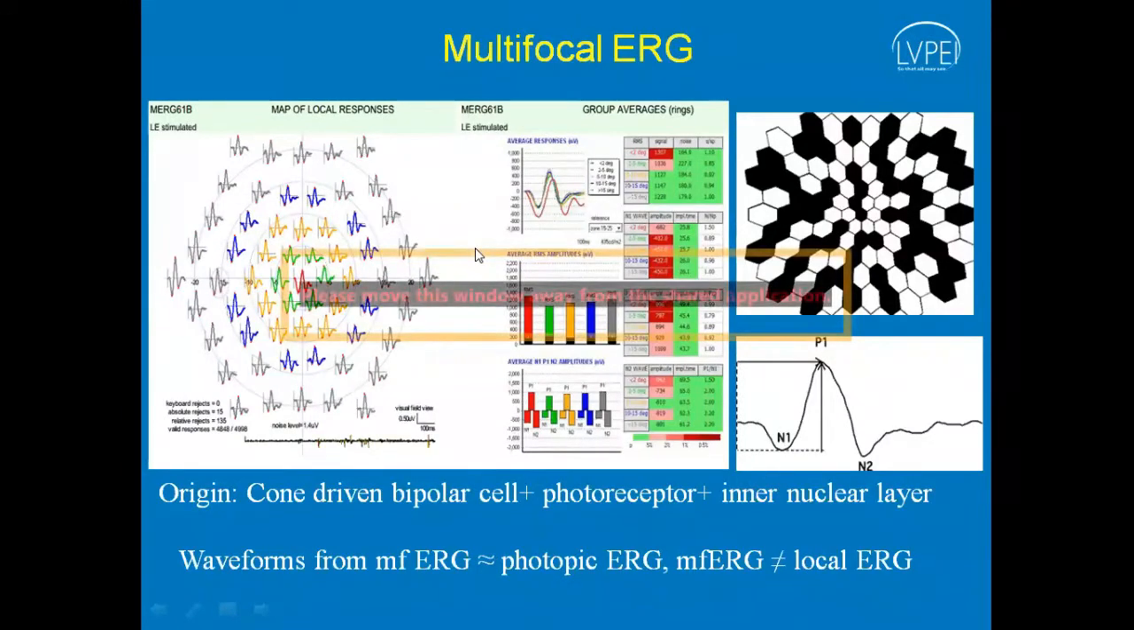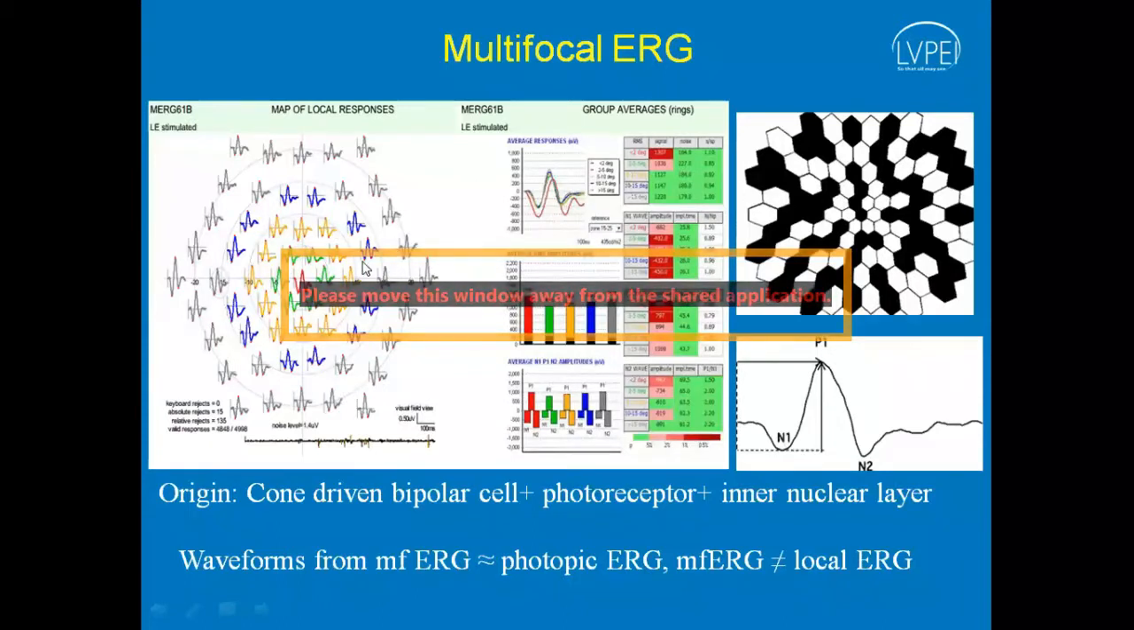If you increase the number of hexagons, you get a better resolution, but more noise. But if you reduce the number of hexagons, you have less noise, but the amplitude becomes bigger. So they can be used for